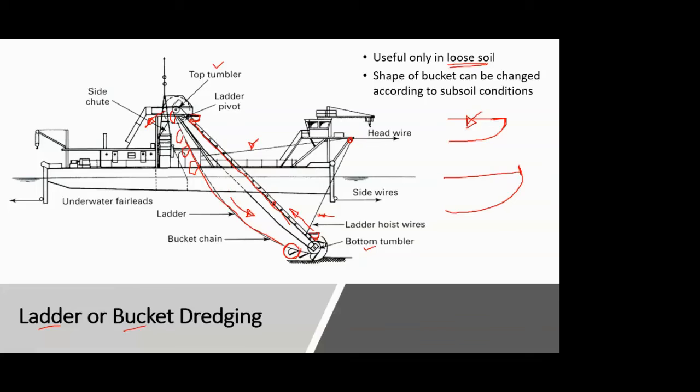That force can be used to loosen up the soil and then collect it. But in this case of bucket dredging or ladder dredging, you don't have any movable part in the bucket as well. The bucket is fixed, everything is fixed. The only thing you can vary is the speed with which the bucket will revolve around that conveyor belt. So we have to rely only on that speed, and make sure that whatever material we are excavating is loose soil. This is the thing you have to keep in mind.